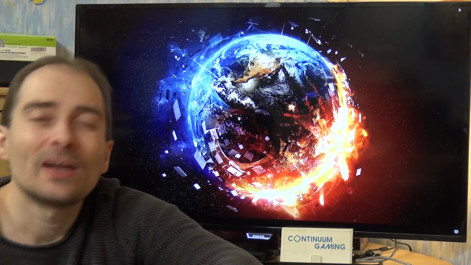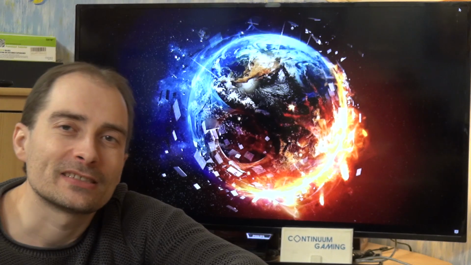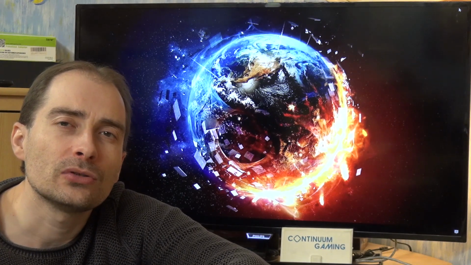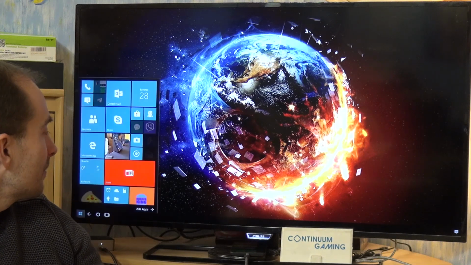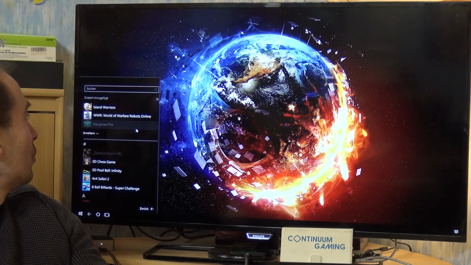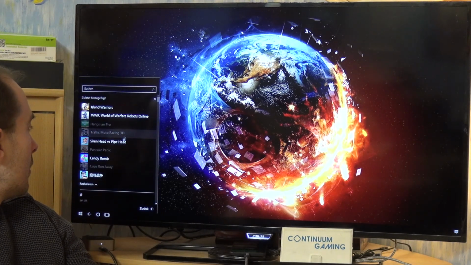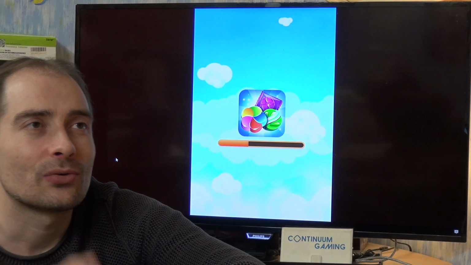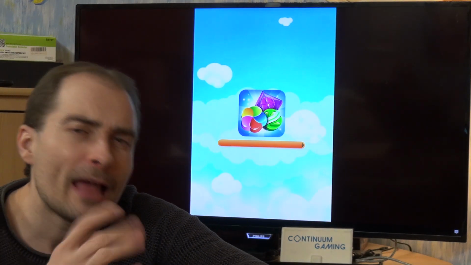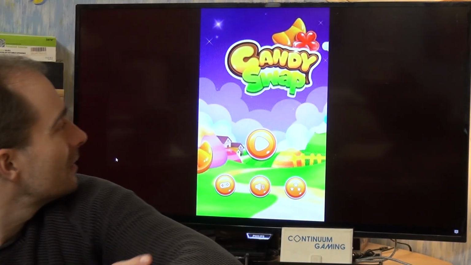Okay, so the next one is Candy Bomb. Candy Bomb is more or less a Candy Crush clone, of course, like many others. And in the end, I'm just going to show you a little bit about it. So Candy Bomb, there we are, I'm going to click on that. Again, it's a Candy Crush clone. A nice one, I would say. It's a little bit,